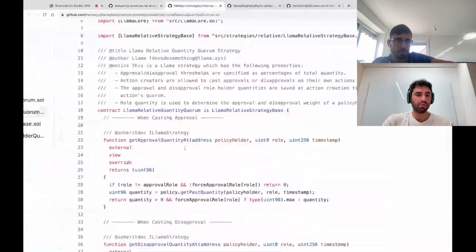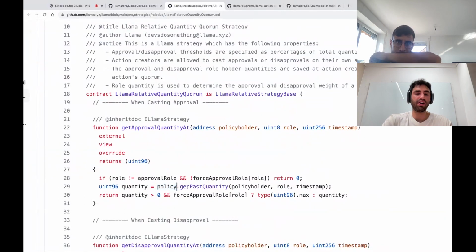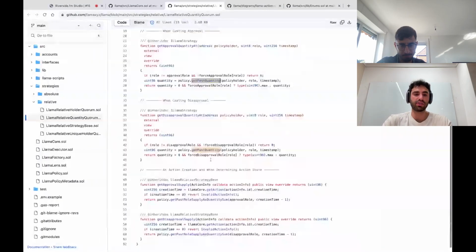When we're calling get approval quantity at, when the approval is actually being cast, you can see that we're calling on the policy this get past quantity, this timestamp value: at this checkpoint time, the time the action was created minus 1, what was the policyholder's quantity.